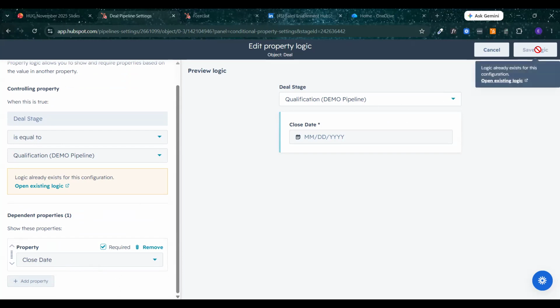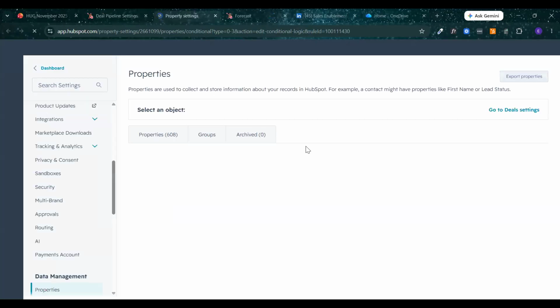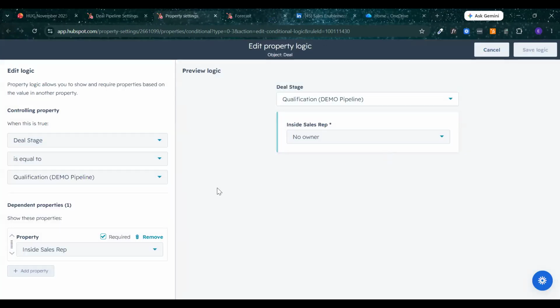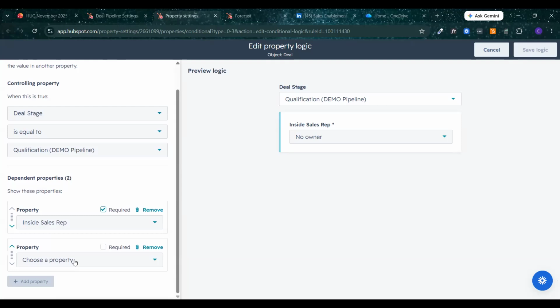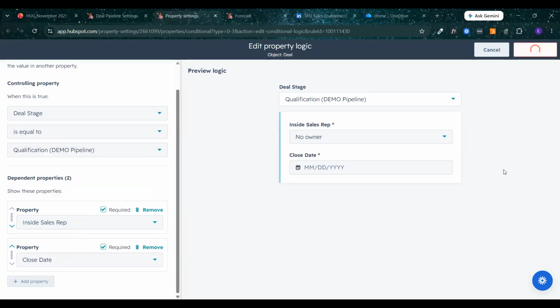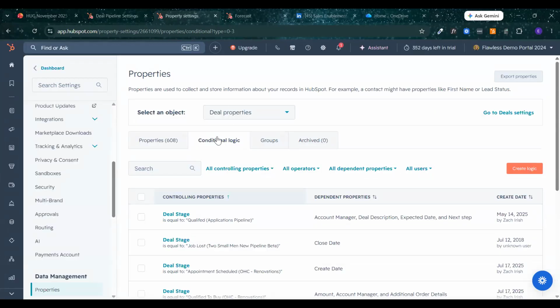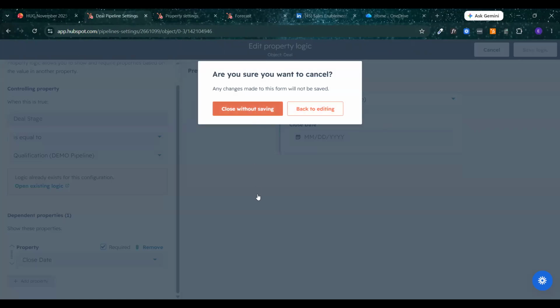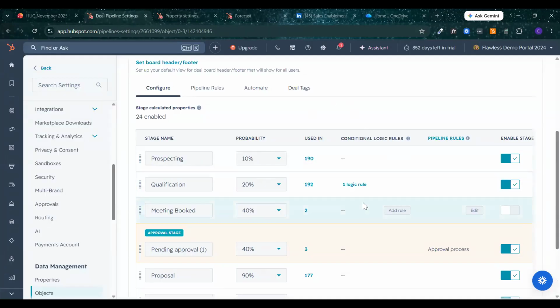And why doesn't this want to let me save it? Oh, we got to do it from the existing section, which is going to take a minute to load. Okay. Then we'll add that in there. So let's go to, what did I say? Close date. So we can drop in a close date, make that required, and then save that there as well. That's going to be in properties. I don't necessarily love that we can't add it from this section, that we have to go back to the other one. It would be nice to be able to drop them in from here as well. But it is easy to click on once you open it here, so that's all right.